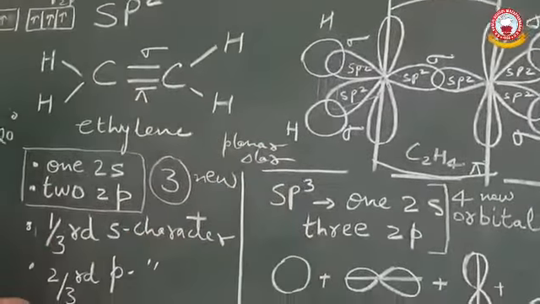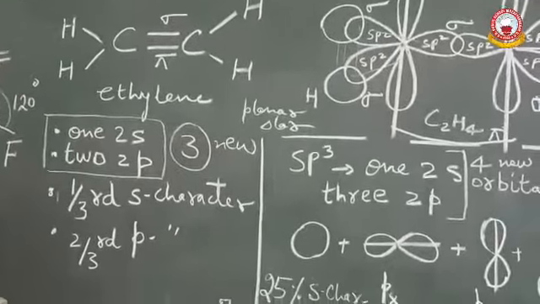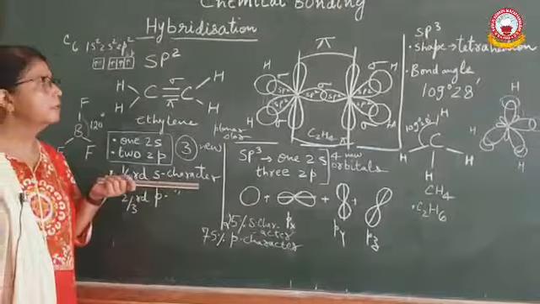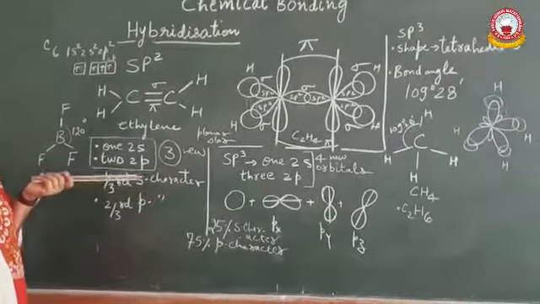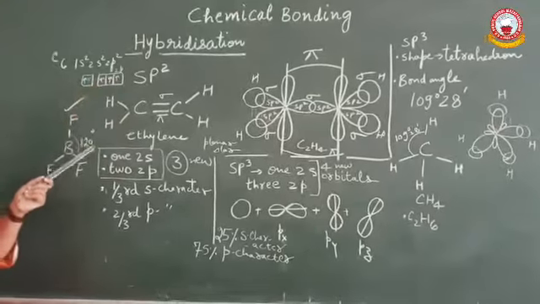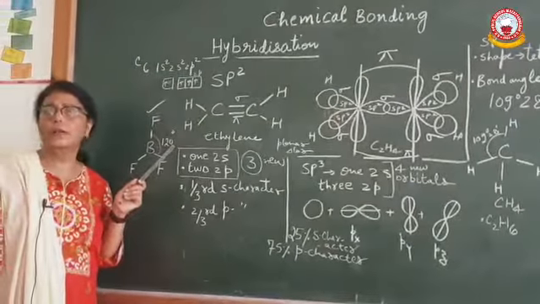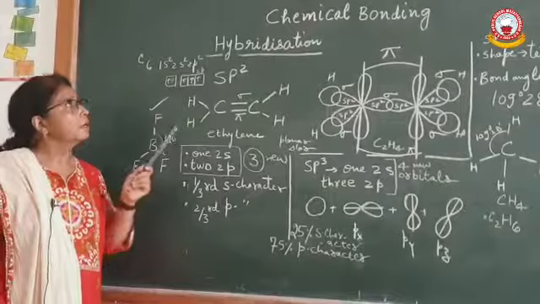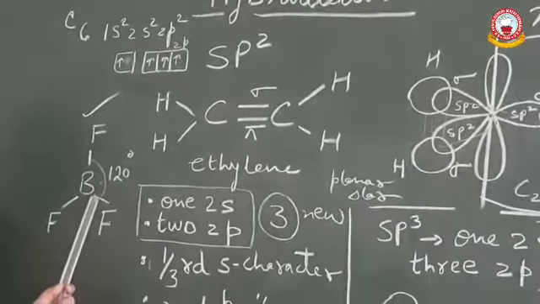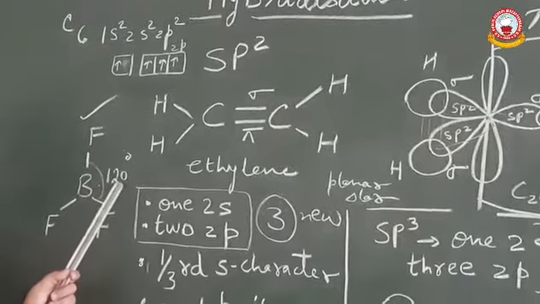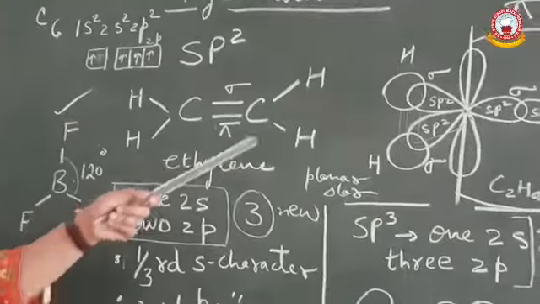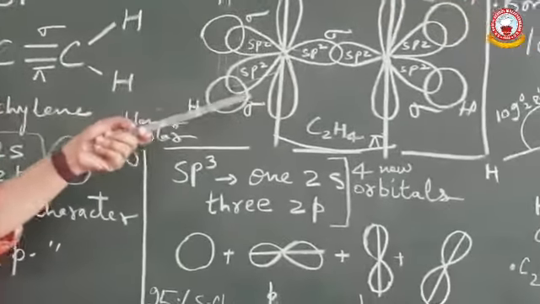So, this shows that your geometry for sp2 hybridization is planar triangular. Whenever hybridization is taught, you have to tell two things. One, what will be the shape, another, what will be the bond angle. Bond angle I am showing here by taking another example, that is boron trifluoride. Another example of sp2 hybridization other than ethylene is boron trifluoride, and here the bond angle is 120 degrees, you can see it. Similarly, here also the bond angle will be 120 degrees.